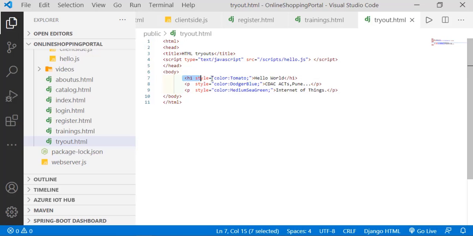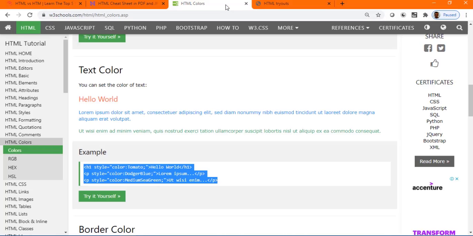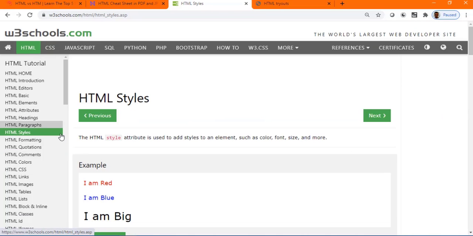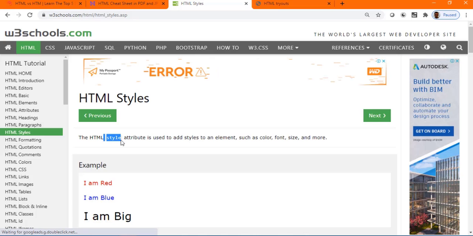Like that way, every HTML element will have different types of attributes like style. Different types of attributes are available. So we really need to have documentation. We really need to find some official documentation, or we need to go to the w3schools.com site and might find this information. Can you look here for something called style? HTML style. What is style? The style is an attribute. Used for what? Adding some different styles such as color, font for your application.